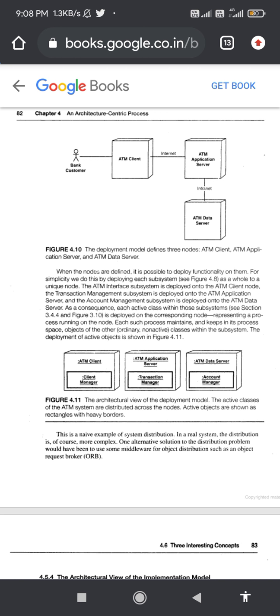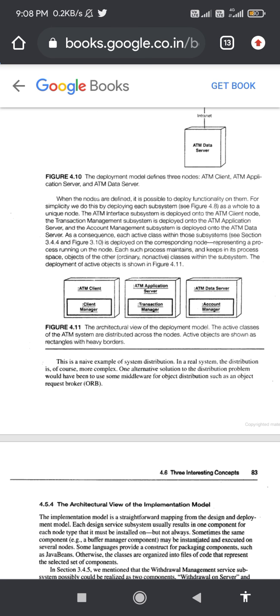As you can see in the diagram below, the transaction management subsystem is deployed onto the ATM application server, and the account management subsystem is deployed onto the ATM data server.